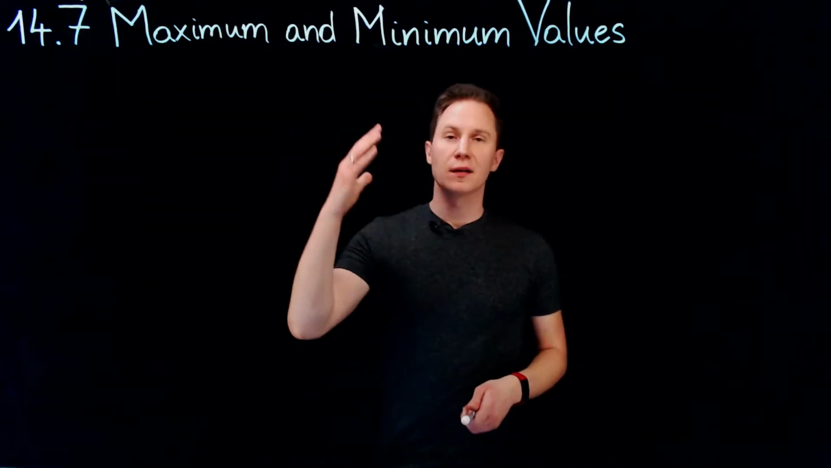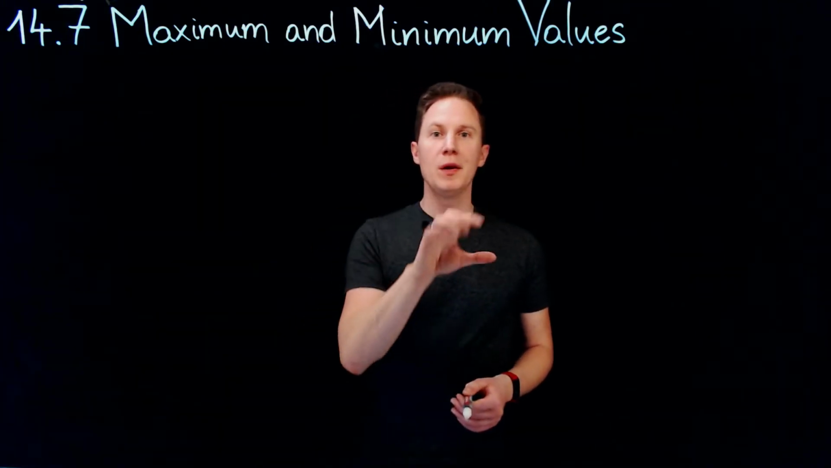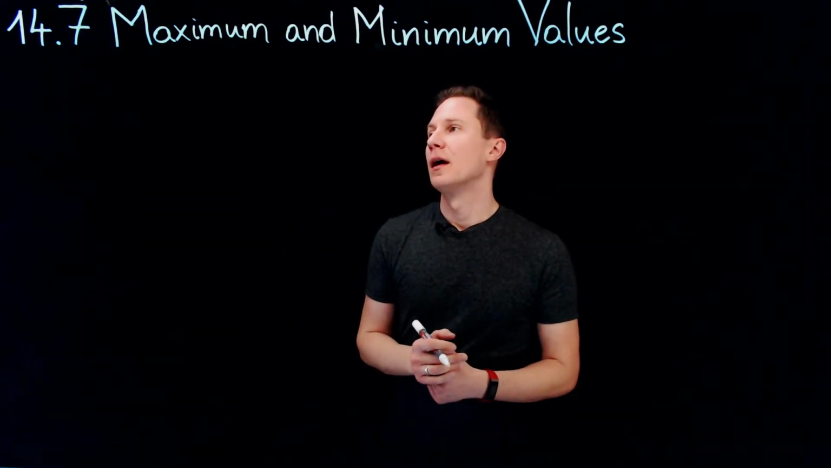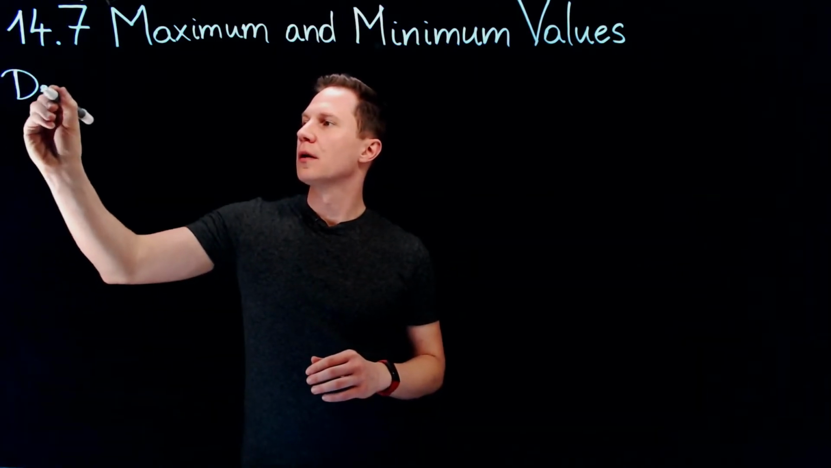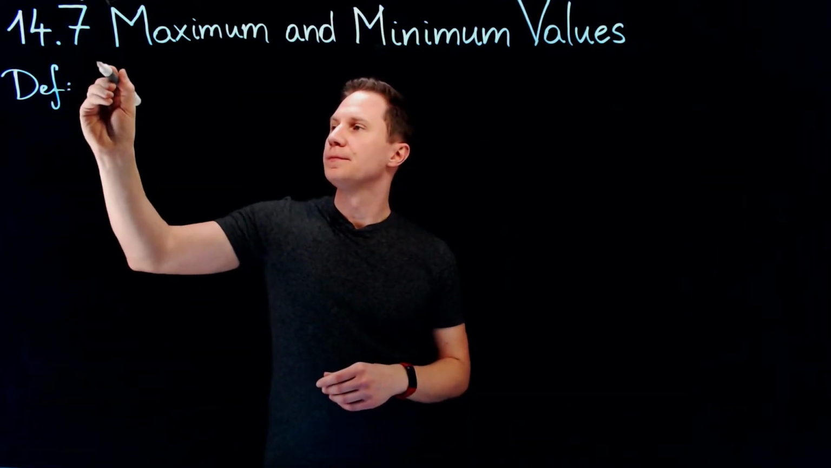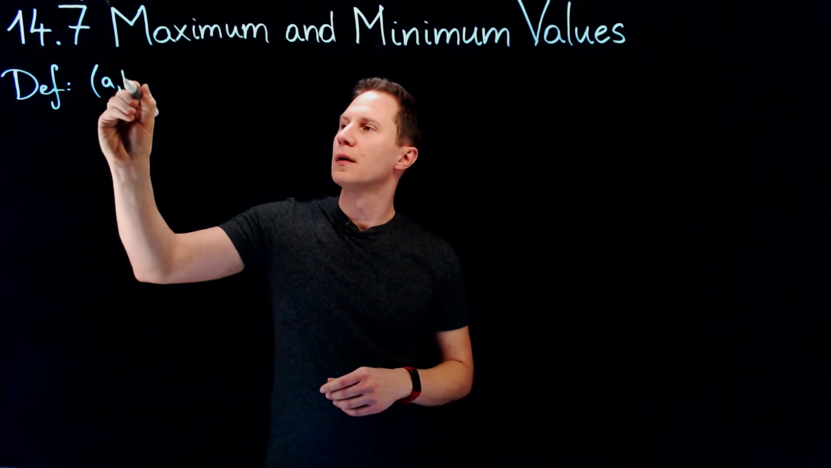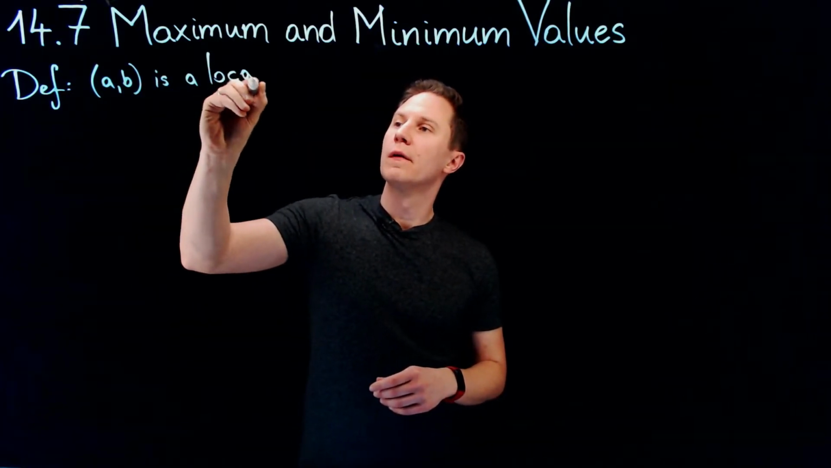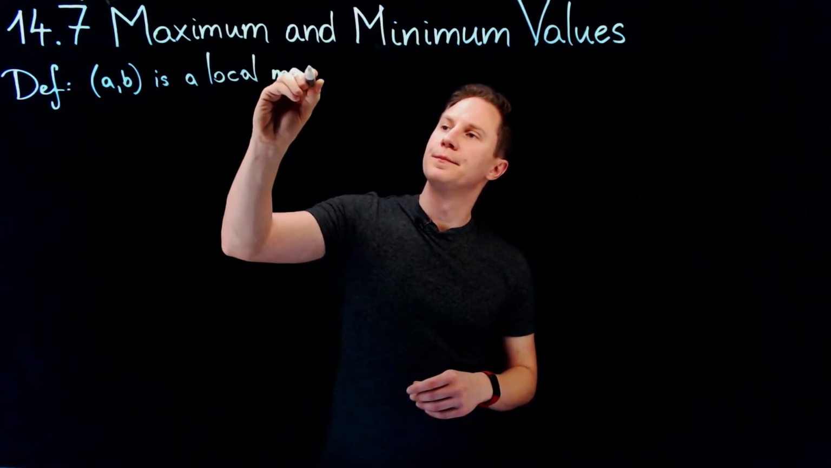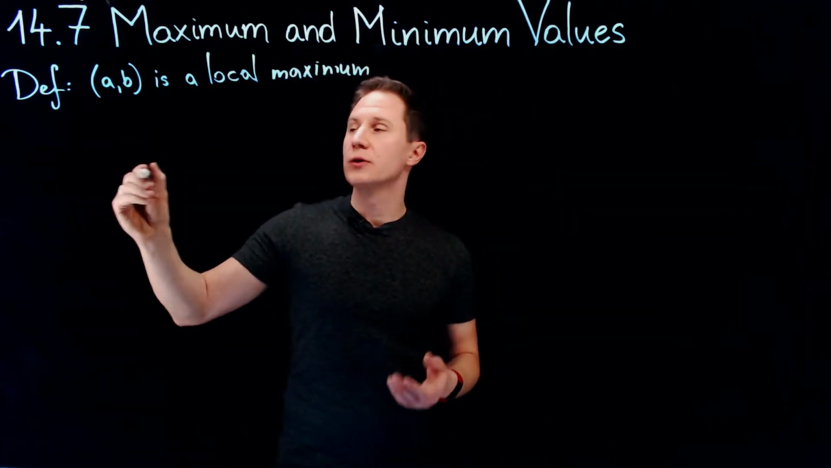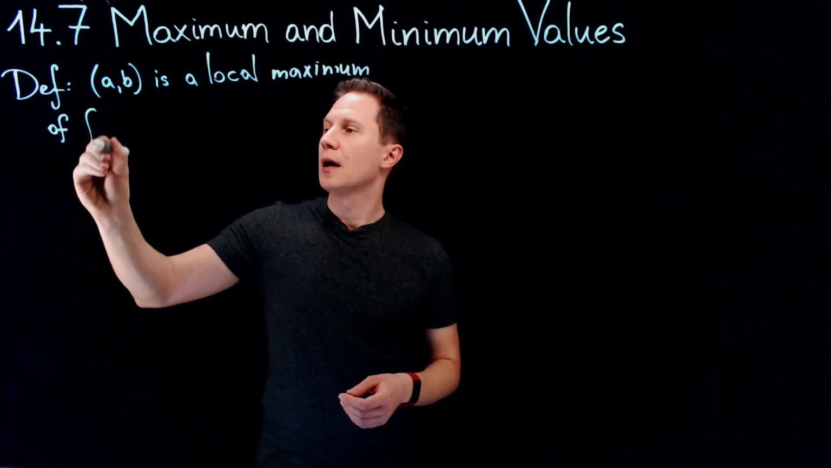In this video, we'll start considering the maximum and minimum values a function of several variables can take. So let me start with the definition. A point (a, b) is a local maximum for the function f of x and y